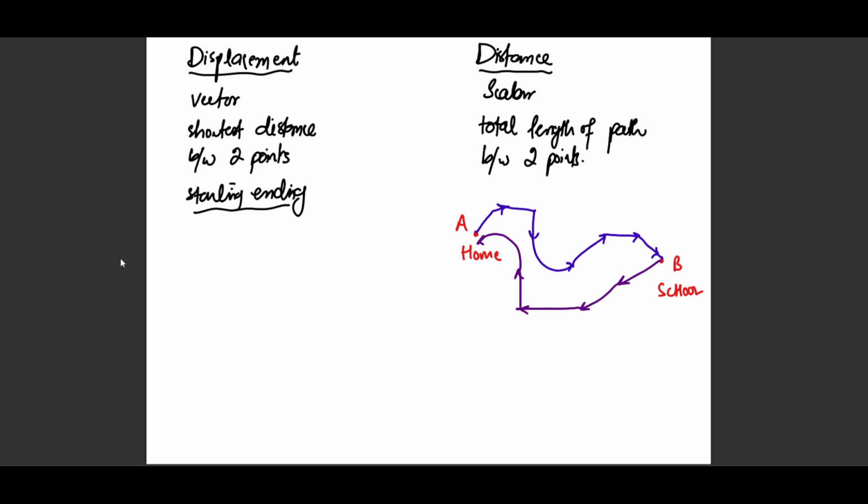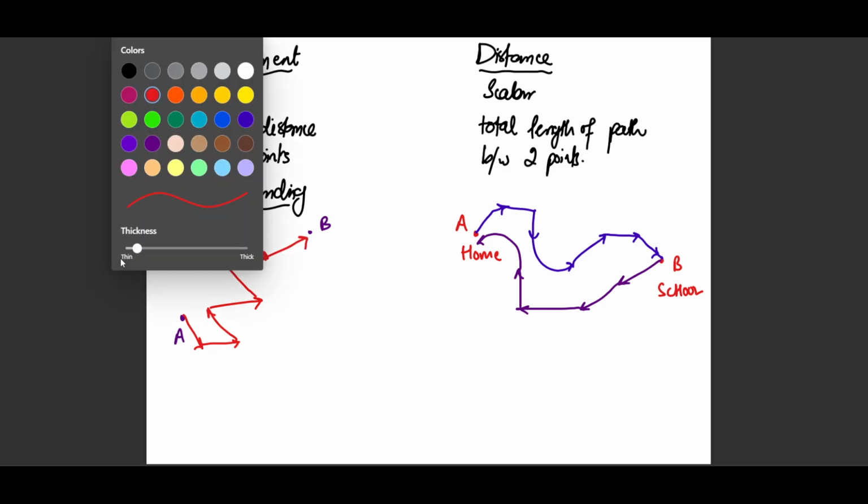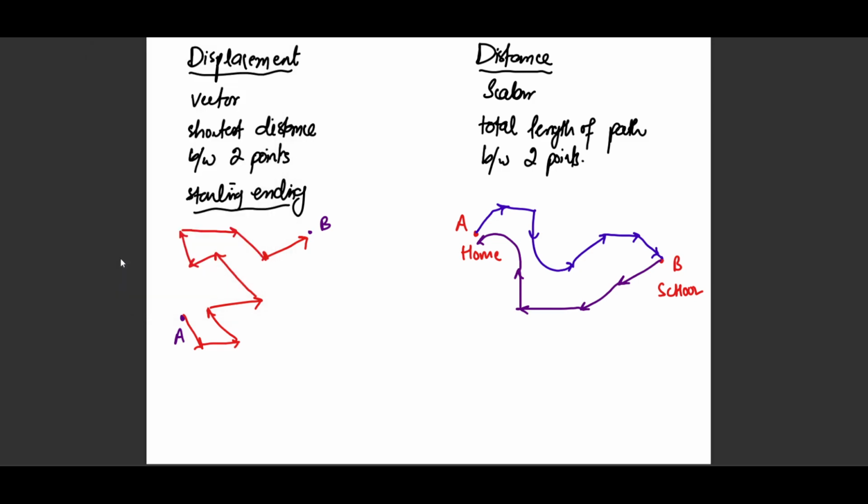Similarly, if you talk about displacement, for example, you start from point A, you finish at point B, it will matter what is the eventual direction that you have actually moved towards. Now, it's possible that you move downwards, let's say towards this side, then you go to this side, then towards this side, consequently covering such a path and eventually making your journey to point B. Now, if you want to figure out the actual displacement between these 2 points, what you need to figure out is the shortest distance. So if you were to travel in a straight line from point A to point B,